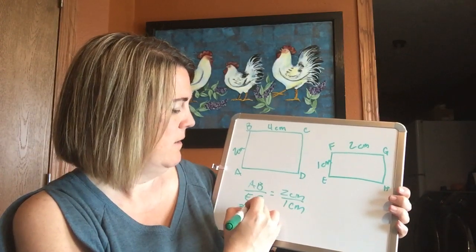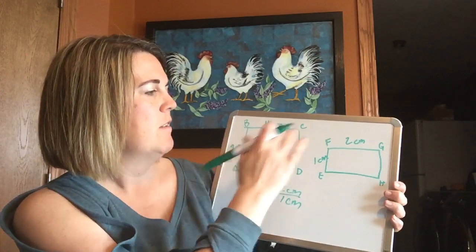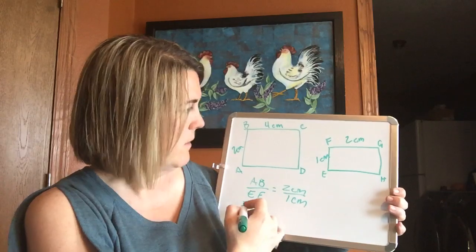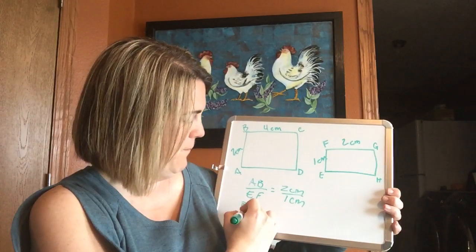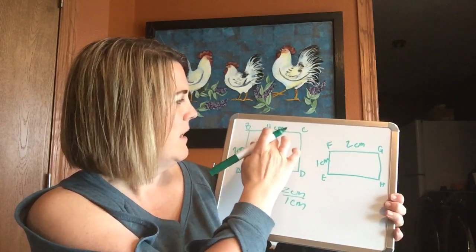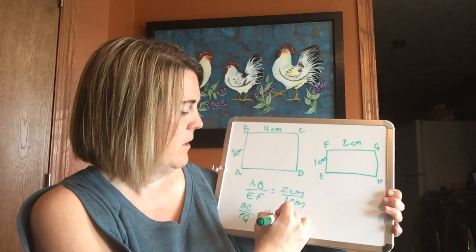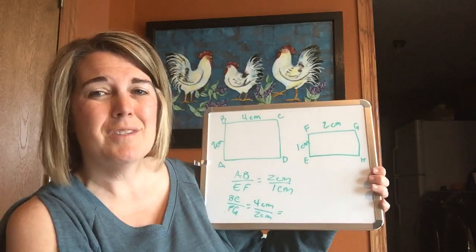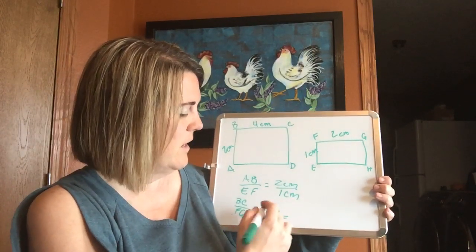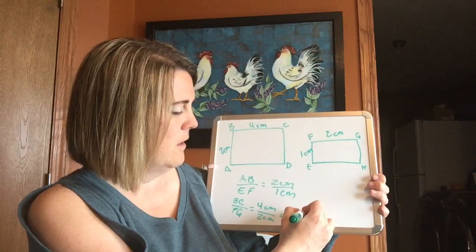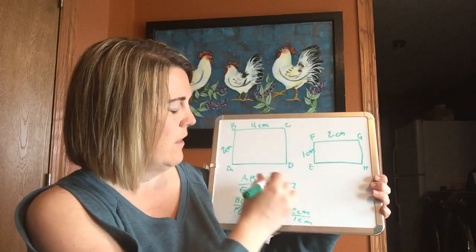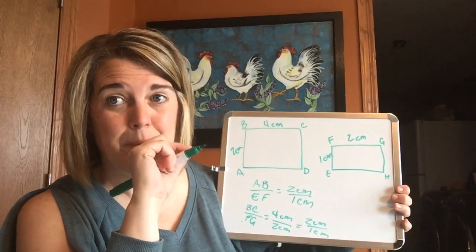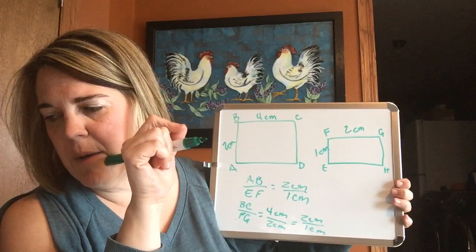We know BC, and I'm going to keep this rectangle on top and this rectangle on the bottom in both of mine, and I need to keep it consistent. So FG. BC equals 4 centimeters and FG equals 2 centimeters. Now, if I can reduce these, I'm going to. I can reduce this by 2, so I'm going to get 2 centimeters to 1 centimeter. Does that look familiar? It should. The scale factor should stay the same. So it says that the side